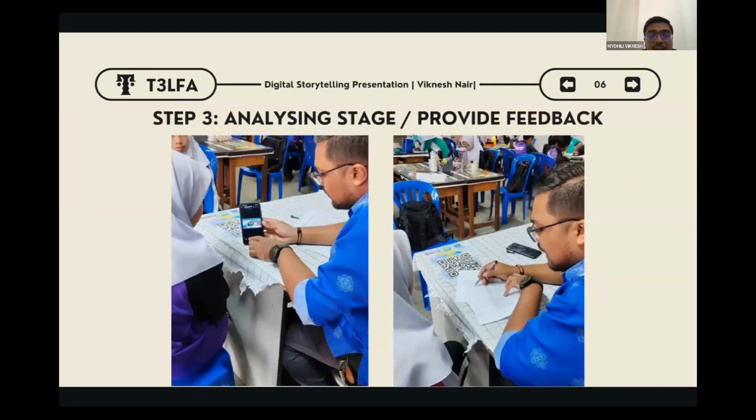The final step is analyzing stage. Now, this is where I'll assess my pupils' speaking skills individually and provide feedbacks to them. If you look at this stage, not only am I providing feedbacks to my pupils, they are also self-assessing themselves. The digital story here plays an important role. It is able to let pupils see and also learn, give them a vivid picture and understanding on the speaking aspect that they need to improve in the upcoming speaking lesson. It actually acts as an indirect feedback giver, and it plays a very important role and tool in our assessment